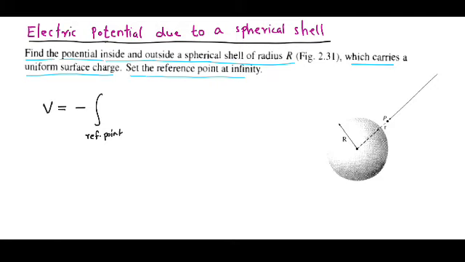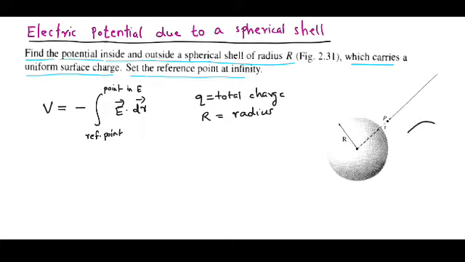then the point in the electric field, then E dot dr. If I consider Q is the total charge on the spherical shell, and it is given R is the radius of the spherical shell. This spherical shell means,